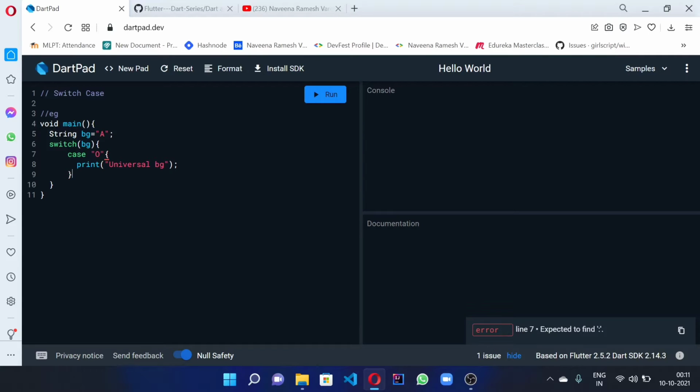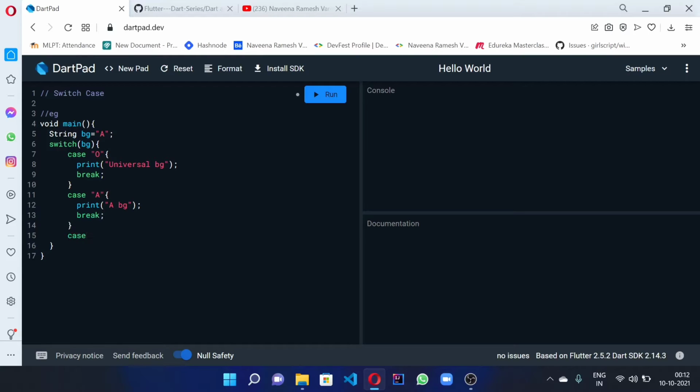After this we have to give break, which is very important, because if you haven't given break, it won't stop at this case, it will execute the next cases also. If the blood group is A, we'll print it as A BG and break.